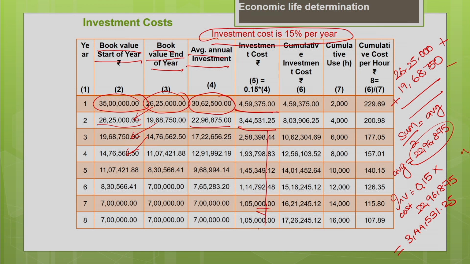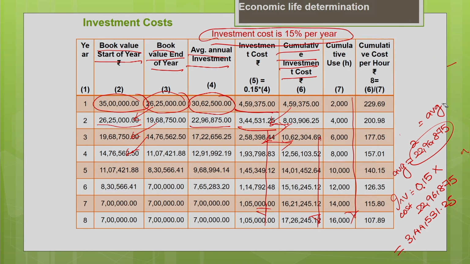Okay. Now, you find the cumulative investment. So, you can easily find the cumulative investment. So, investment for the first year, add it with the second year, you will get the cumulative investment at the end of second year. So, cumulative investment at the end of second year, add it with the third year investment, you will get the cumulative investment at the end of third year. Okay. So, like that you keep on adding, you will get the cumulative investment. Now, the cumulative usage, you know, every year the usage is 2000 hours, add it, 2000 plus 2000, 4000, 4000 plus 2000, 6000. So, keep on adding it, you will get the cumulative usage of the machine for every year. Okay. So, the entire replacement analysis is on cumulative basis only.